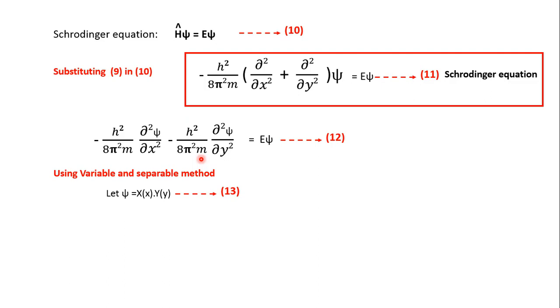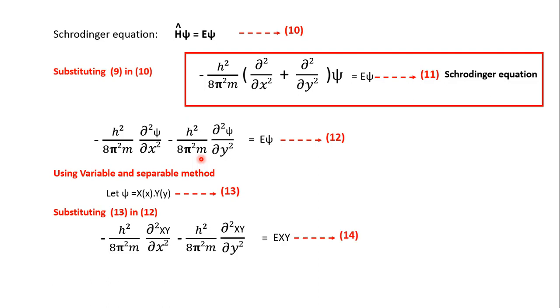In short, psi equals capital X capital Y, and substituting this equation 13 in equation 12, we get, in place of psi we substitute capital X into capital Y. In place of psi we substitute XY. Now if you look at the first term,